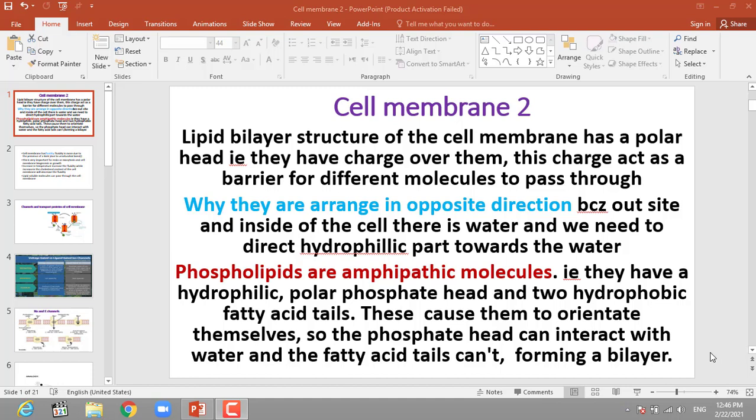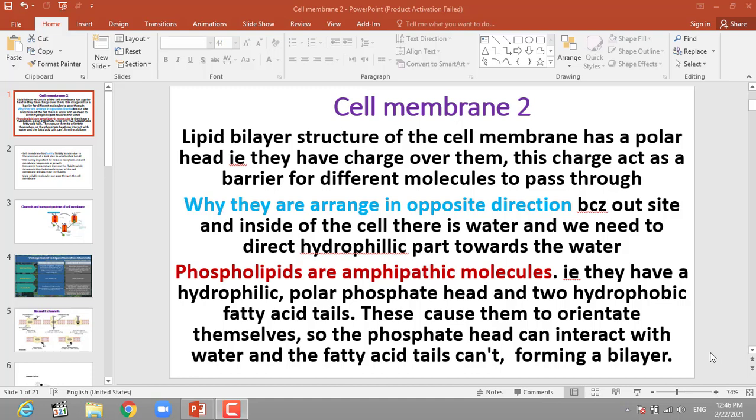In the first part, I gave you just the introduction of the cell membrane and its basic structure. There are three main ingredients of the cell membrane. One is lipids, which are arranged as a bilayer, and a lipid contains a head, in which the phosphate group and the glycerol are present. Then we saw the fatty acids, one saturated and the other unsaturated, or kinked. And we have the proteins in the cell membrane, and some cholesterol is also present. These are the basic ingredients of the cell membrane.